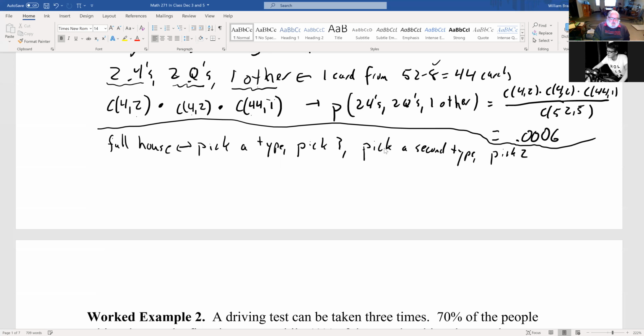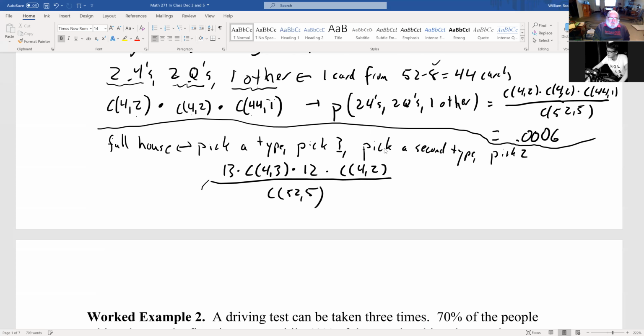So there are 13 types. I pick 1 of them, and then I pick 3 of those 4 cards, so C(4,3). And then I pick a second type. I've already picked 1. I have to pick a different one, so I need to pick 12, and then times C(4,2), and the whole thing